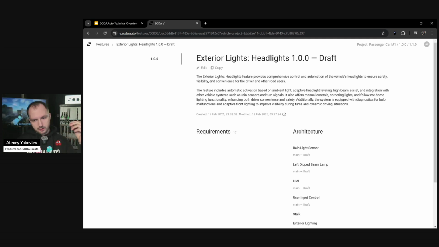And then you go deeper into each of them separately to define the specific vehicle-level requirements which are related to the slice of functionality,